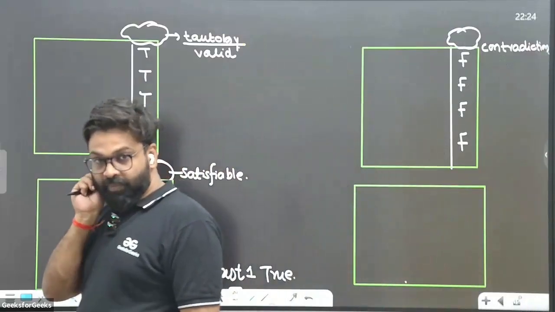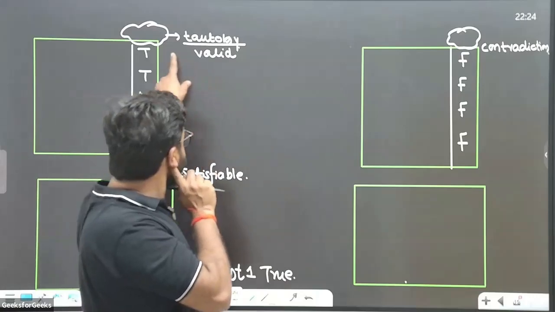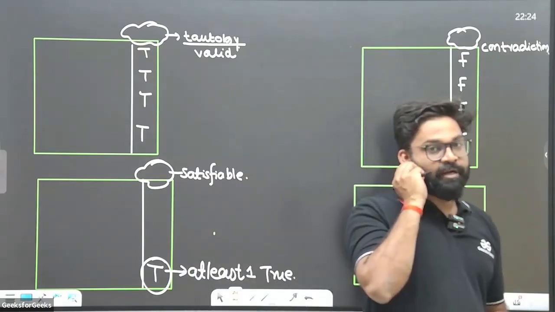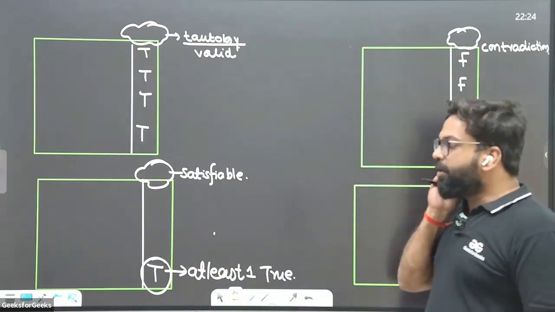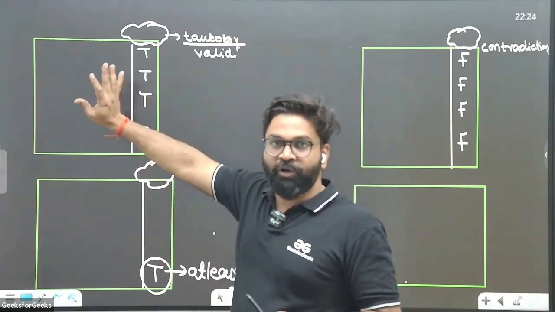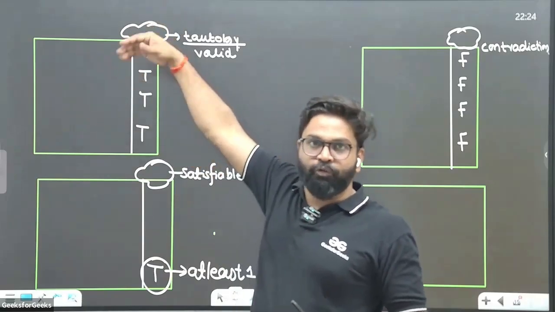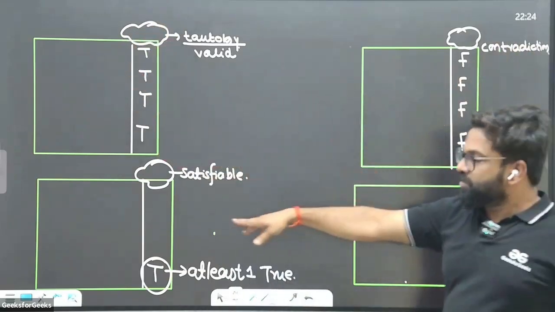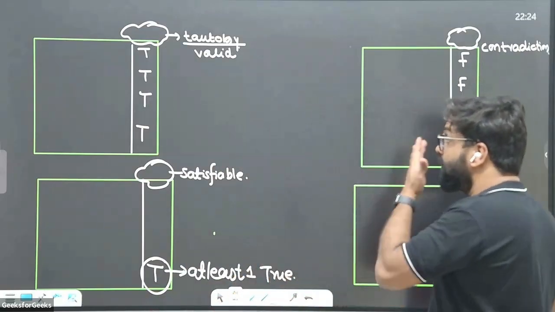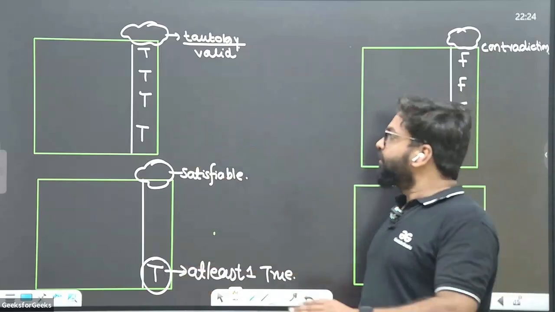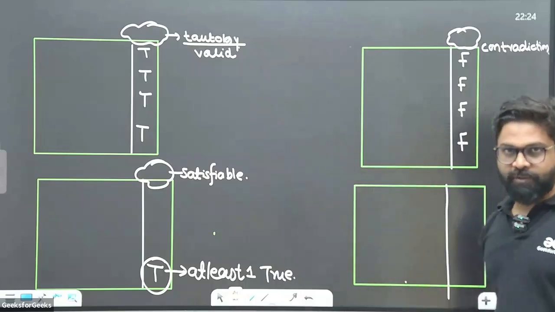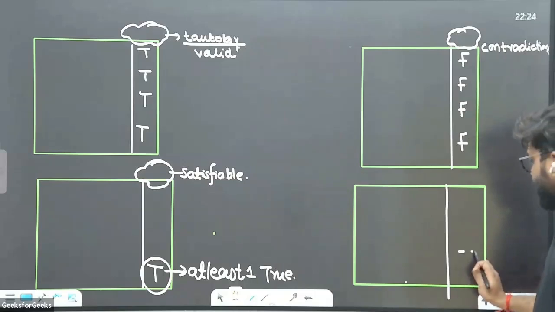Yes, sir. Right? Okay. Suppose everything is true, that is called valid, or that is called a tautology. Or you can consider it like this: this is a school of boys, where everyone is a boy, true is a boy. This is a school of girls. This is a school where in that class at least one boy is there. For example, suppose this is an expression